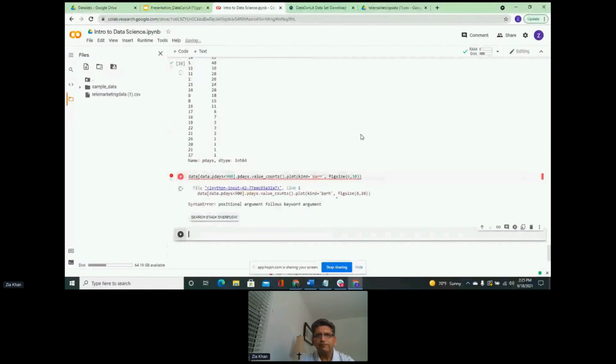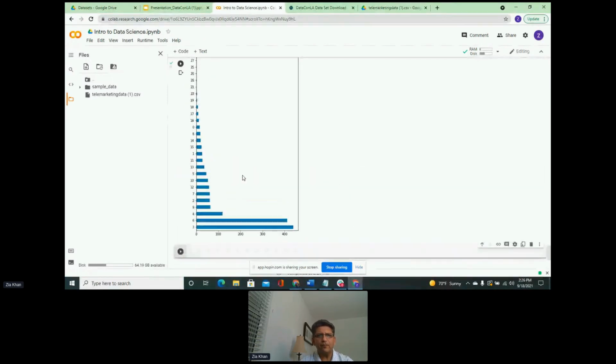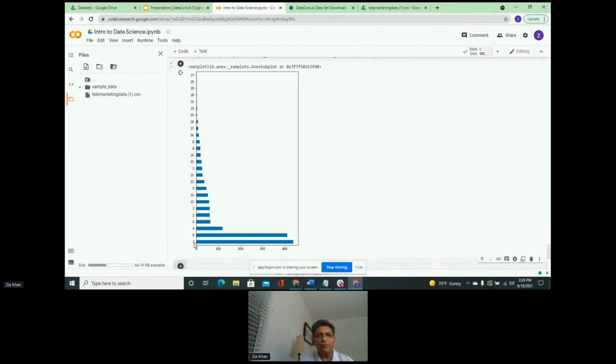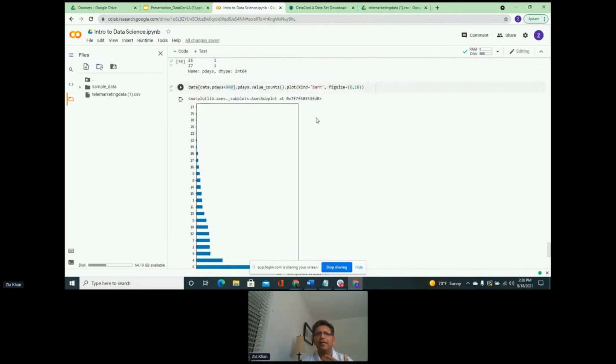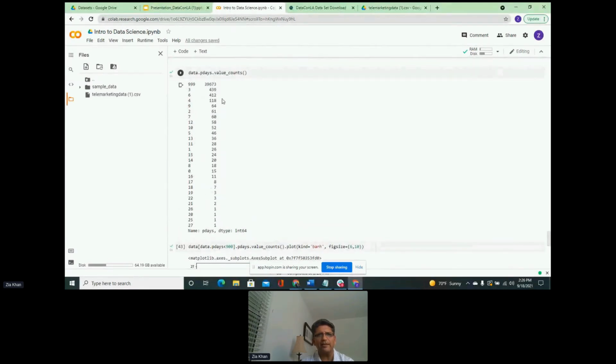So hopefully, okay, pressing the equals sign here. Now we can see a little bit more that 3 has the maximum frequency. So maybe 3 months or 3 days. This was pdays, so it's the number of days. So after 999, the maximum frequency is 3. And you see how graphs can help us find this out a little bit easier than just by looking at numbers, because we were looking at the numbers here, but it was difficult to figure out which was the highest after that.